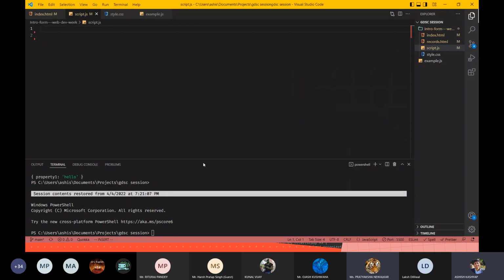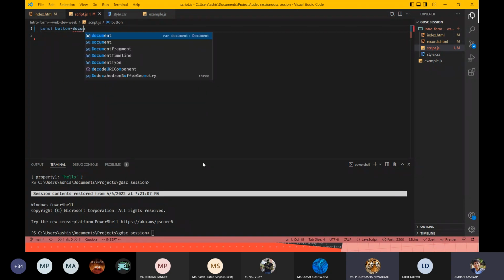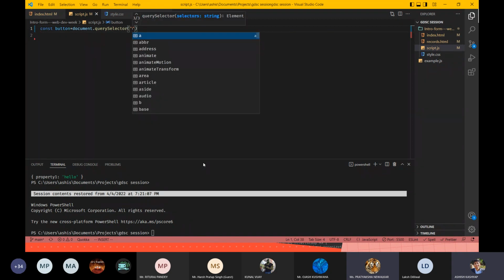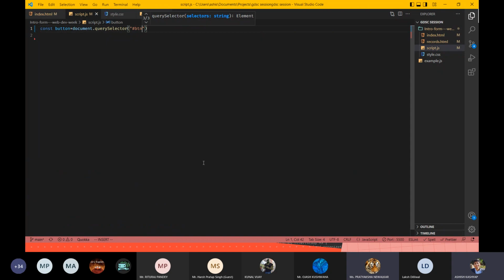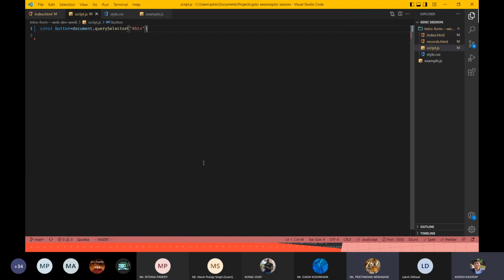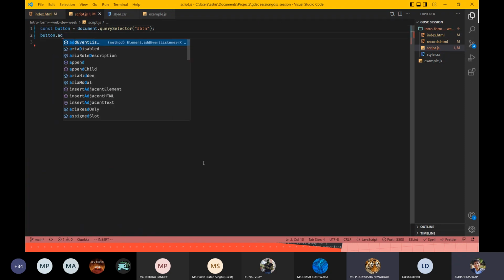So we could do something like const, we need to grab the button, right? So const button equals document dot query selector, and the button had the id of btn, right? If I'm not wrong, yeah, it has btn. So I have grabbed the button element, and on that button element I can add an